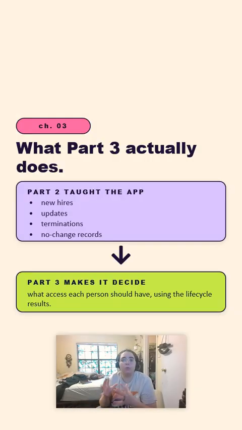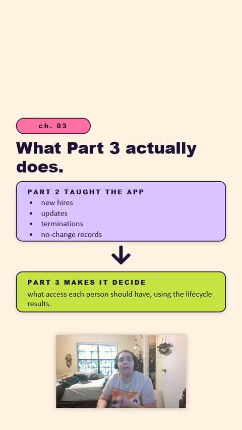Now, in part two, we taught the app the basics of identity lifecycle management, or as the IAM world calls it, joiners, movers, and leavers. Joiners are new hires, movers are people changing teams or roles, and leavers are basically anyone trying to exit the company. Spotting those three events is exactly what part two was all about, but recognition is only half the